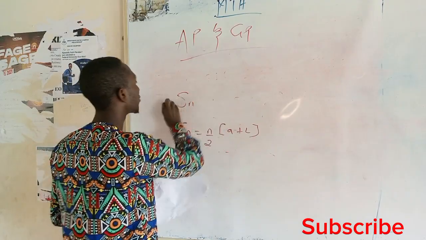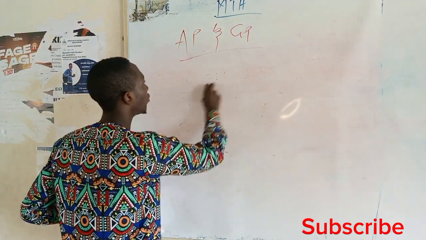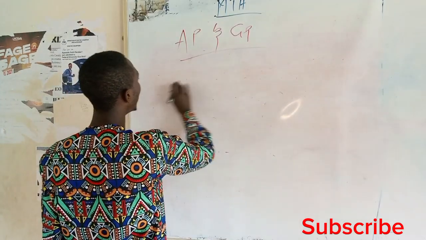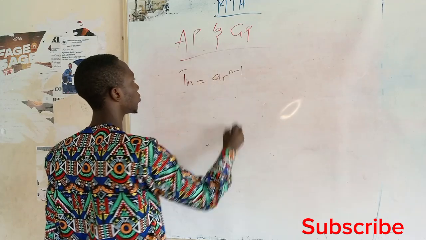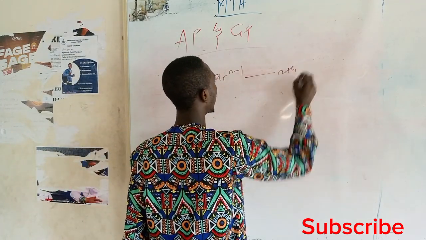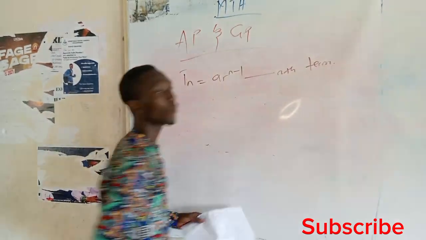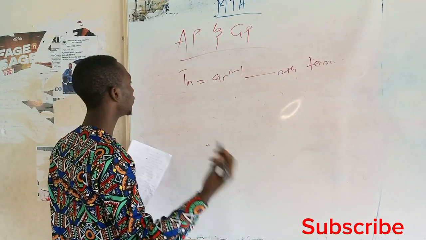Now for GP. The nth term formula for GP is Tn equals A r to the power n minus 1. This is the nth term formula for GP. And then the sum of n terms of GP is just